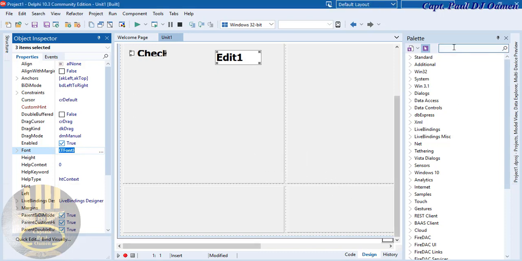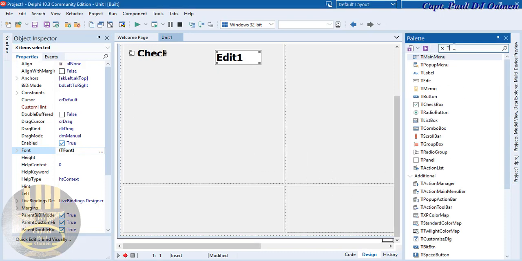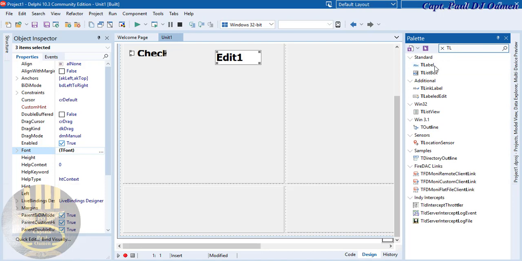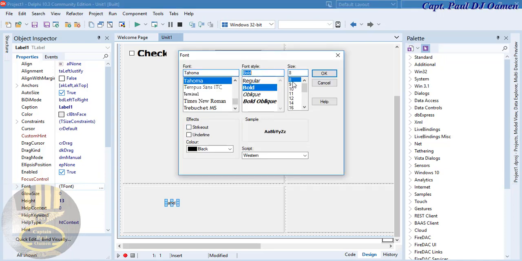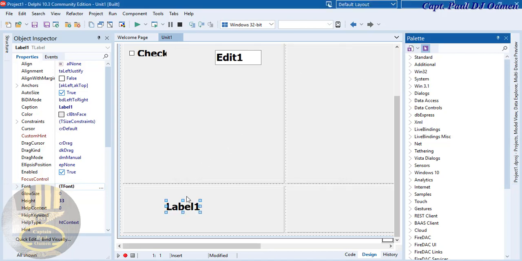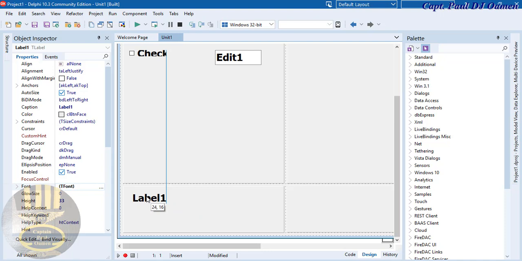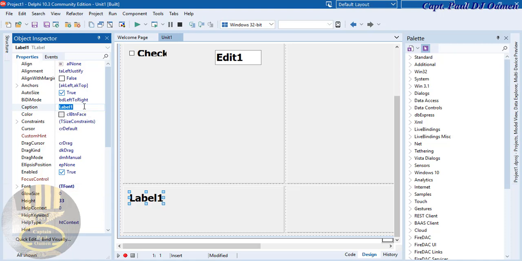Okay, before I go any further, I'm going to need a label. So T label. So grab a label and just paste that here. And that should be 20 as well. Fonts, make that 20. There. So let's copy this label. Or let's just go in there instead of, I'm going to type in cost of drinks